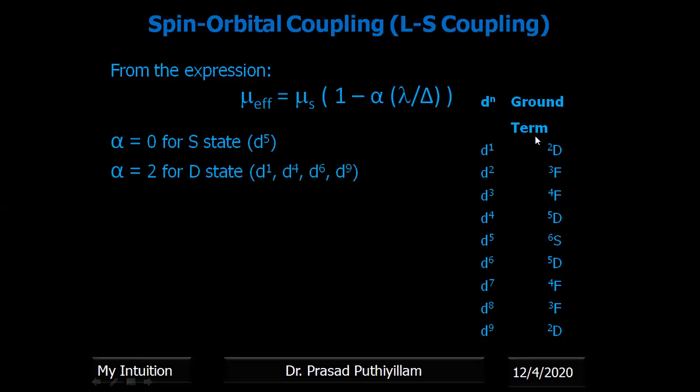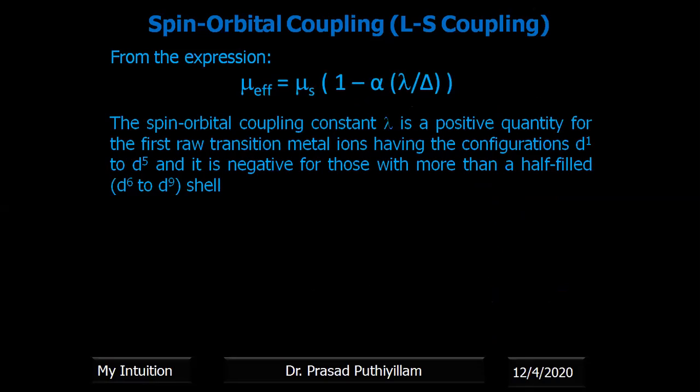Okay, and alpha will become 2 if it is a D state. D states are therefore d1, d4, d6 and d9, and alpha value will be 4 for F state. F state means that is d2, d3, then d7 and d8. Okay, then the spin orbital coupling constant lambda,